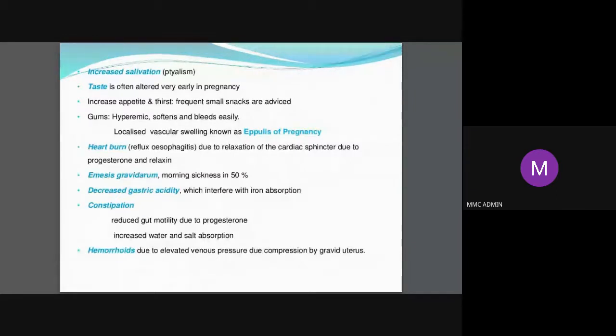Similarly, in the colloquial term, we call it morning sickness. But it's not necessary that all of them have nausea and vomiting only in the morning. Some ladies almost regularly may even have it in the evenings. Or some may have it the whole day, when it is called hyperemesis. You have to give them IV fluids.